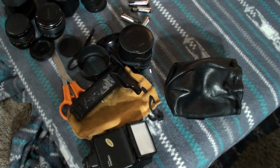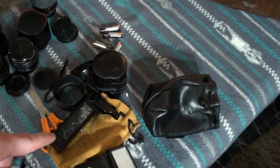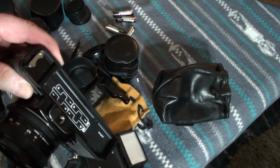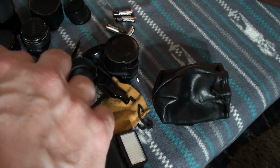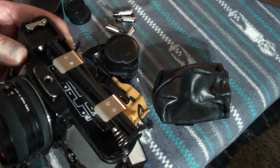Hey, a little addendum to my initial scene here. The funny thing was, I got that winder there, and that's a Yashica winder, but this model I found out is actually motorized, it has a built-in motor. And here's the battery holder, and here's the bottom plate. So what I'm going to do,